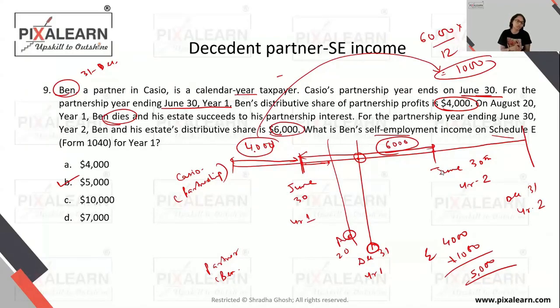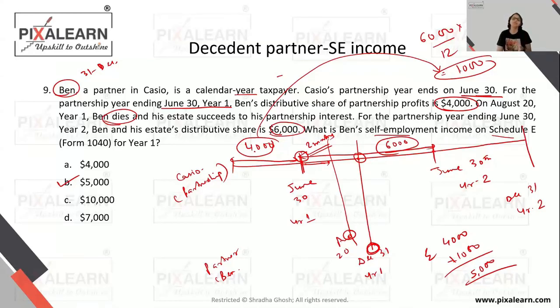So this is an exceptional question for a very specific provision which says that when a person is dying, and the partnership year ends in between that year, which is his financial year. In this example, the individual partner's tax year ends on 31st of December, but before that, this person dies. So there's a final return that will be filed with respect to this person. That final return will include the money generated for the year ended 30th June, plus it will also include 2 months' money that was earned by Ben before his death. The balance 4,000 will go to the estate of Ben.